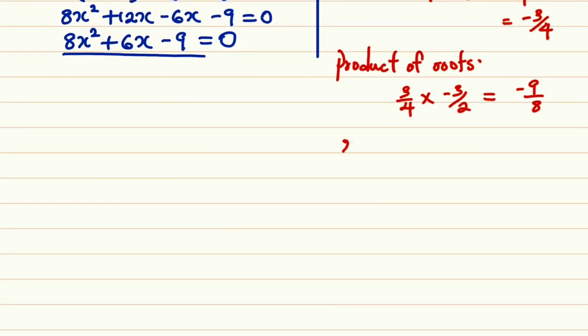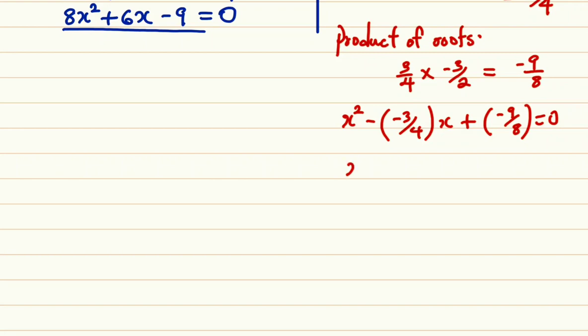So I'm going to have x squared minus, instead of the sum now, I'm going to have minus 3 over 4. Remember your x here. Then plus the product, which is minus 9 over 8, is equal to 0. Okay, so I have x squared minus, so minus times minus becomes plus. This is going to be 3x over 4, then plus, oh, this time around it is no longer plus, so it should be minus. Okay, because we have plus and minus here, so it's going to be minus 9 over 8